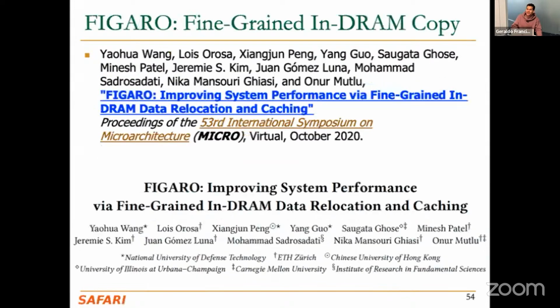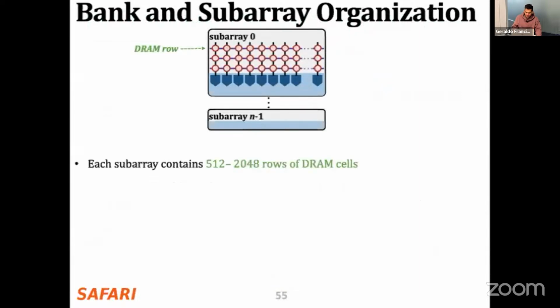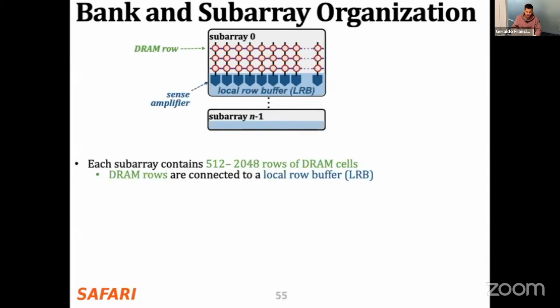So finally, we get to the final piece of data movement that we're going to discuss today, which is FIGARO. I need to give a little bit more background on how DRAM is organized. We already saw that the DRAM subarray has many DRAM rows. And what is important here